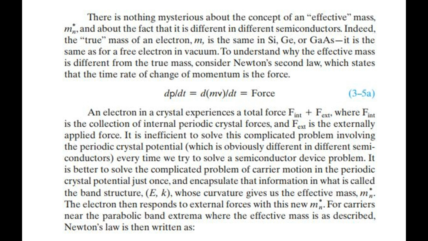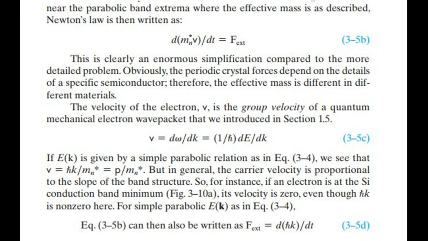For carriers near the parabolic band extrema where the effective mass is as described, Newton's law is then written as d(m*n v)/dt equals F_ext, (3.5b). This is clearly an enormous simplification compared to the more detailed problem. Obviously, the periodic crystal forces depend on the details of a specific semiconductor, therefore, the effective mass is different in